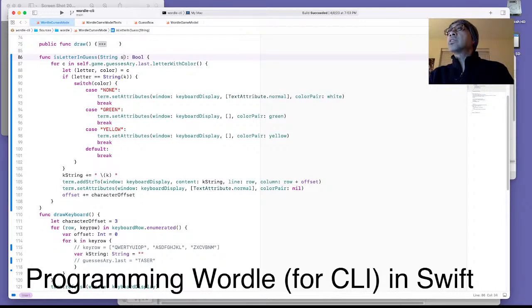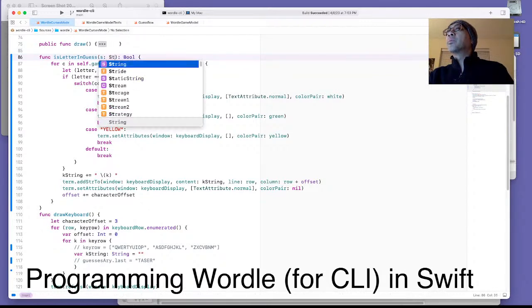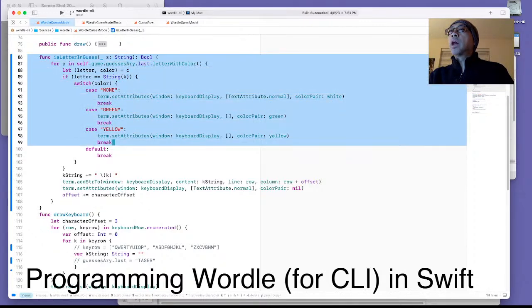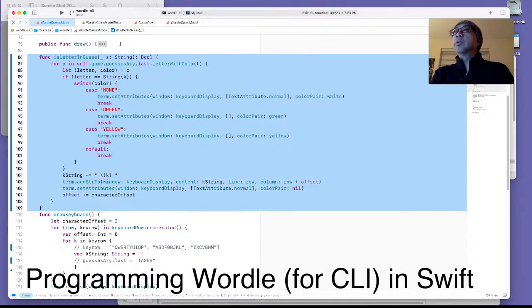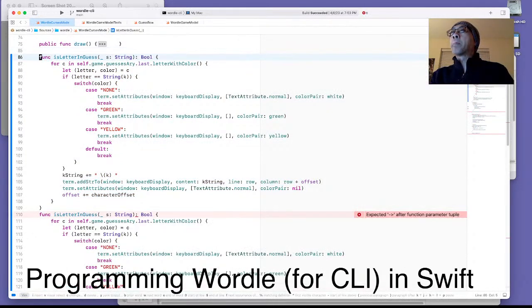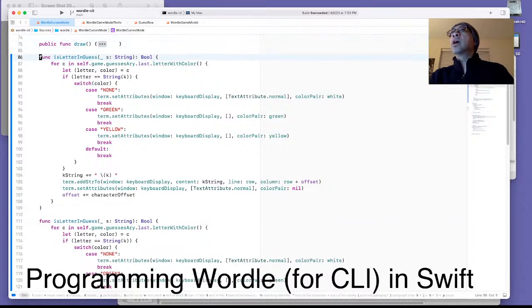Let's make it S. If letter is equal to K. So now I'm going to take this. This whole block is going to be another function that's going to return the tuple. I'm going to just name, for now I'm going to name this